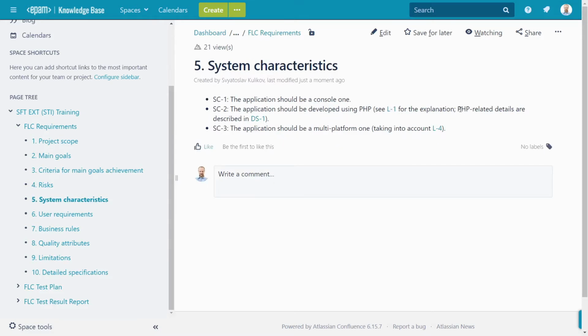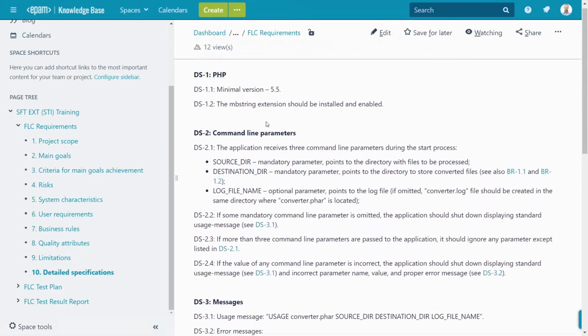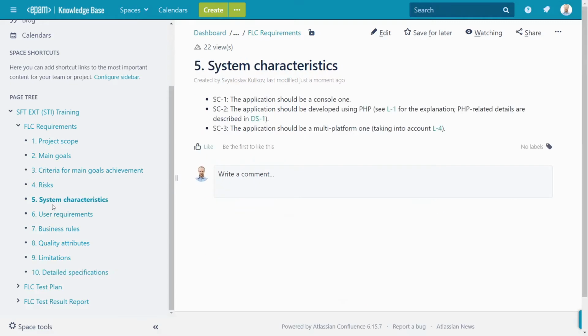Let's go back. Here we see that something PHP related is described here. Okay, let's go and see. A lot of text here. It's not mandatory to read it now because you should have the following document attached to this video, so you may read these requirements. What's next after system characteristics?